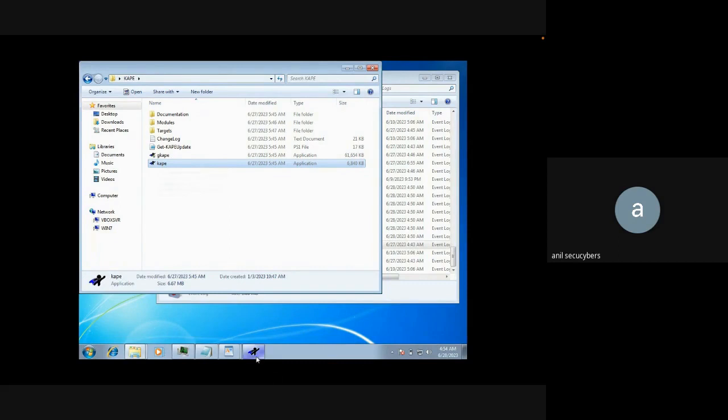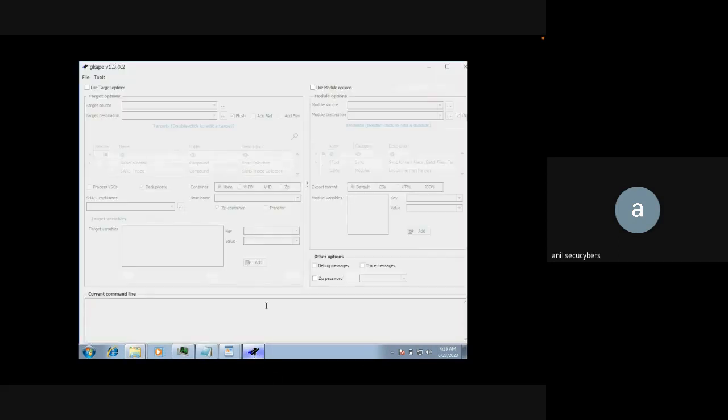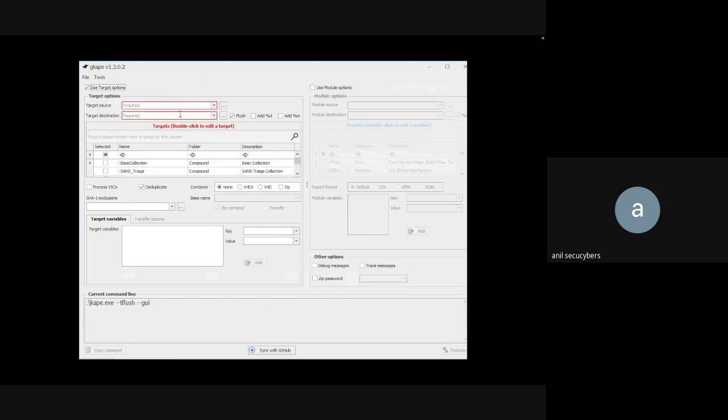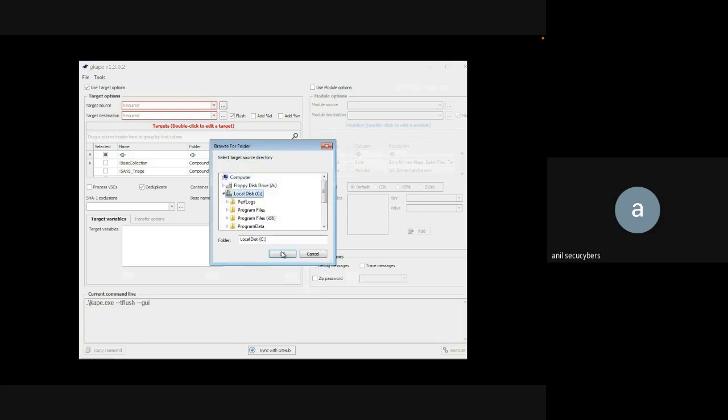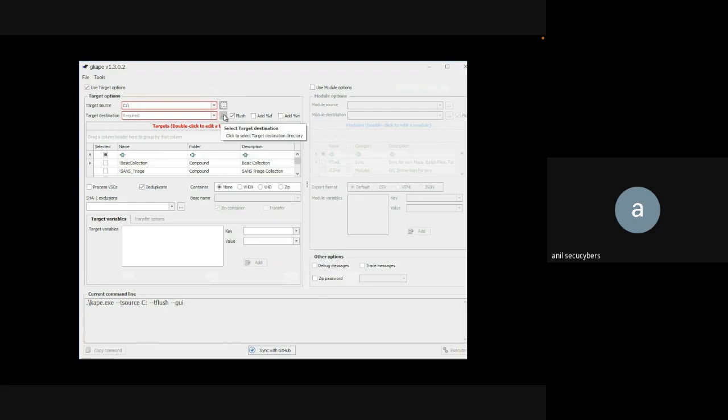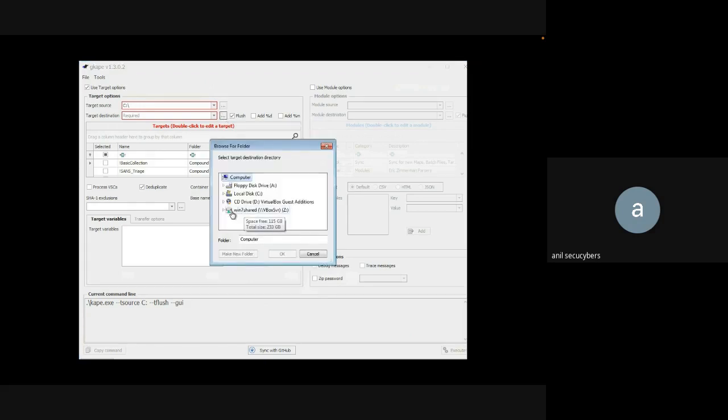Now, since I installed the .NET framework, gcap.exe is working. I will quickly share a few things today about a few of the arguments. First, I need to select the use target option. This one got highlighted. The target source is the C drive, and the target destination is, let's say,